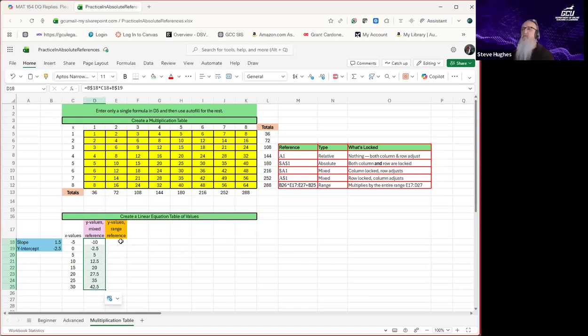All right, now one more thing I can do. I want to show you this reference. It's really cool. You guys will like this and you can use it in many different situations. So this reference is a range. That's the type of reference it is. It's going to multiply the entire range. Okay, that's what it's going to do. So let's go here. And what's my format? It is